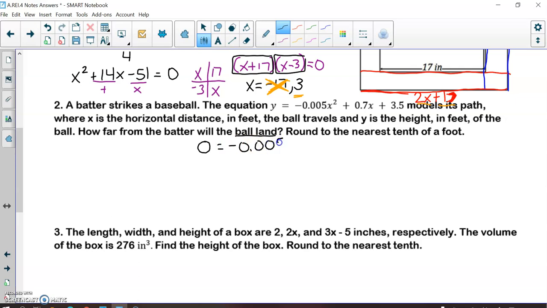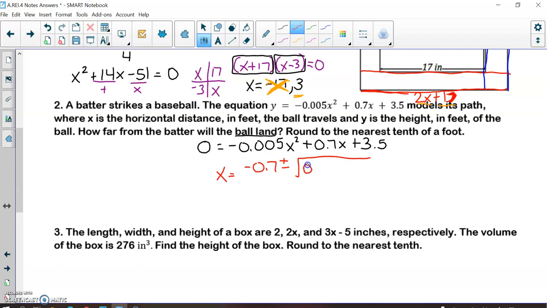And now we want to find x, how far away from the batter, horizontally, did the ball go? And now for this one, I'm going to review with you the quadratic formula, which is x is equal to the opposite of b, so that's going to be a negative 0.7, plus or minus the square root of b